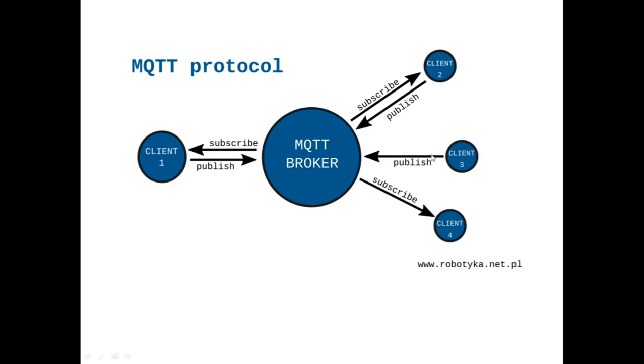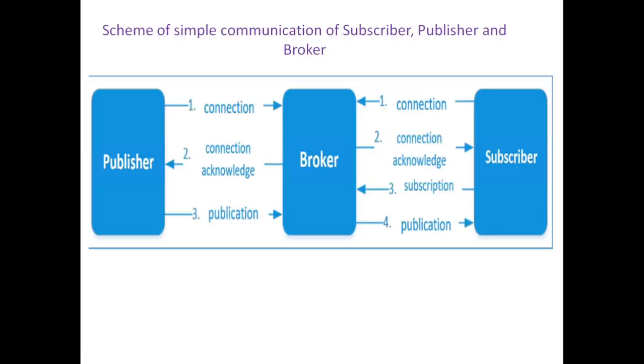You see that client number 3 is only publishing, and client number 4 is only subscribing to the broker. So this is how the simple communication